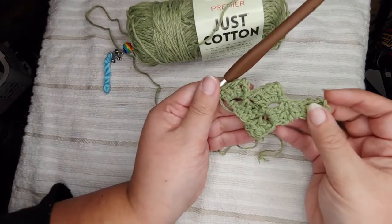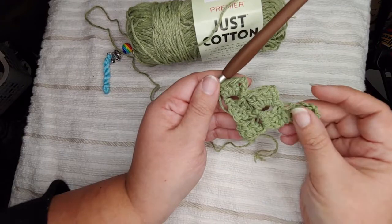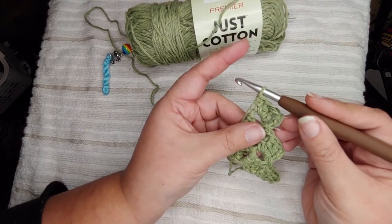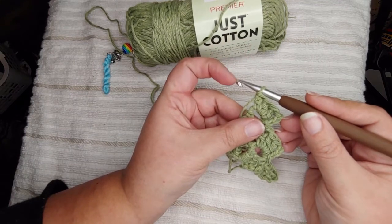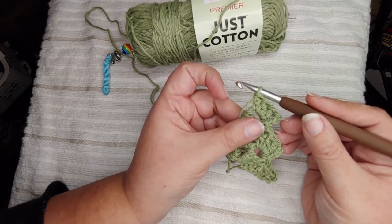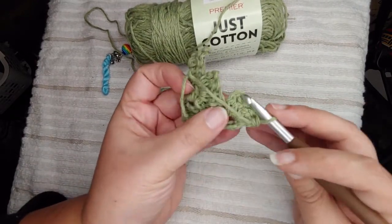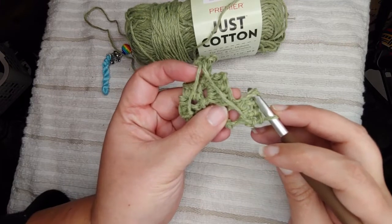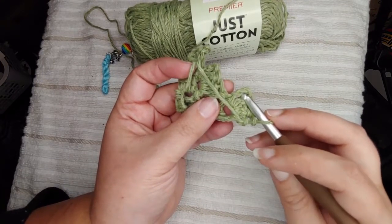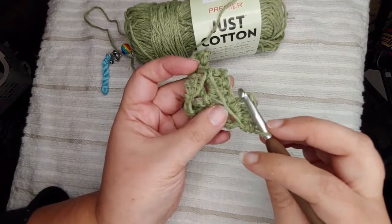Now that is row 3 completed. 1, 2, 3. So every time you will increase by 1 square. So you'll do your chain 6, double crochet in the 4th chain, double crochet in the 5th, double crochet in the 6th, flip it up, join with a slip stitch into that loop area, which are going to be those 3 chains that you skipped, slip stitch, chain 3, which counts as a double crochet, 3 more double crochets, and